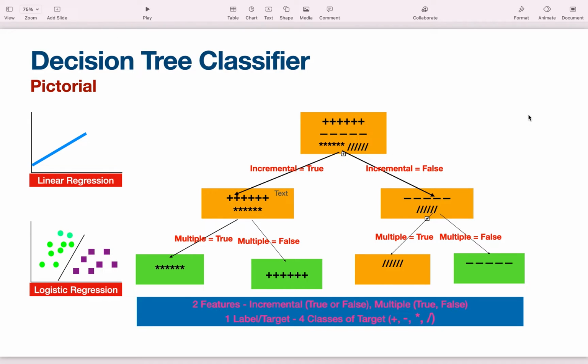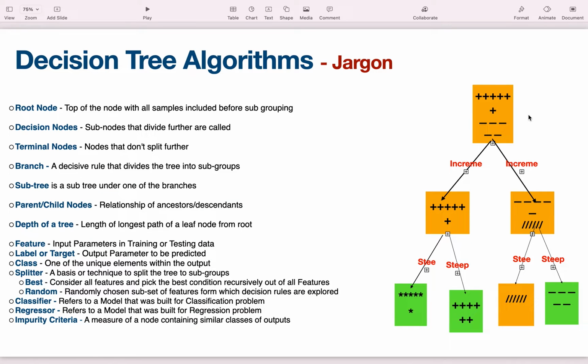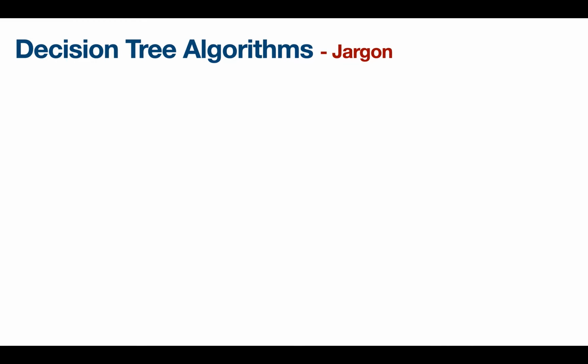So that's a quick view about how decision trees really try to subdivide. But let's move a little bit ahead and try to understand what are different jargon that we need to be clear with when we're talking about decision trees. It's important because whenever we are studying this algorithm, or when we are interpreting the results, it's good to have the terminologies clear. So this slide will introduce you to all these terms.